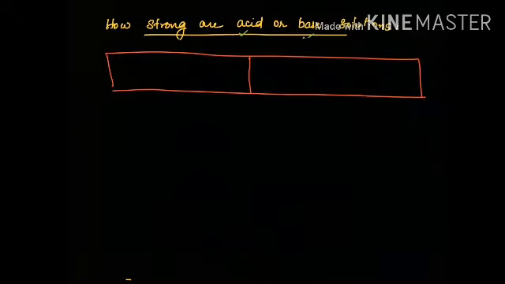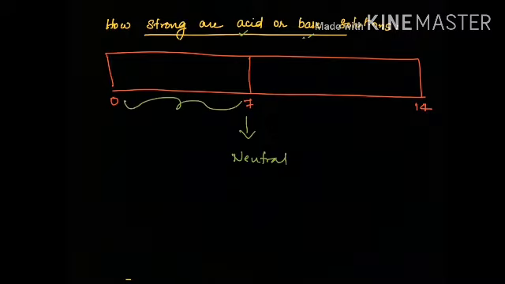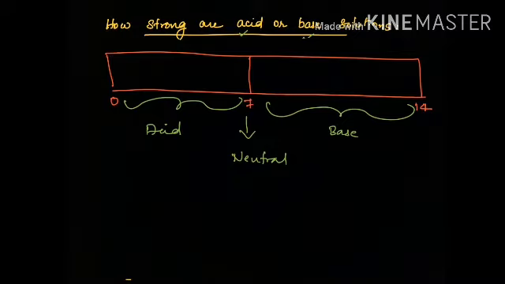So actually what were we discussing? This is the pH scale, it has a value between 0 and 14. Here it is exactly 7. Exactly 7 means it is a neutral solution. If the value is between 0 to 7, it is an acidic solution. If the value is between 7 to 14, it is a basic solution, right? Then if we go from 7 to 0, the acidic character is getting increased. Then when we go from left to right, again the basic strength is increasing.